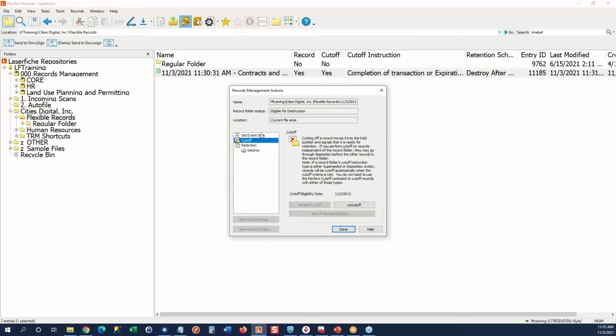And that's why a records folder is more best practice, let's put it that way. Once you set the event date, you could then cut it off. You'd hit the button to do that. Now we can use workflow to do everything except for the disposition. You still have to manually destroy content. You have to know what you're doing. You have to have a report. Everybody's aware of what's going on,